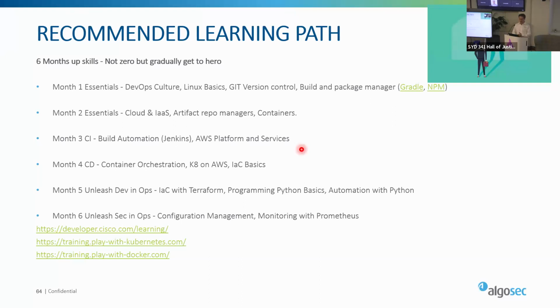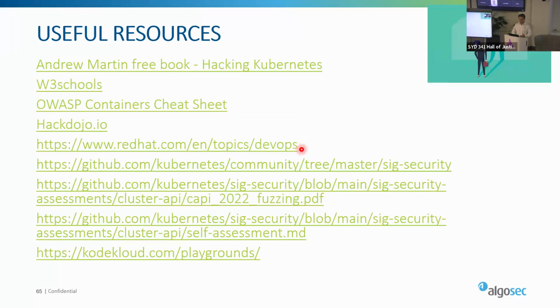I also provide some good resources that I would provide in a PDF file, which can be shared after. There is one really good book that I recommend you download, by Andrew Martin, about hacking Kubernetes. It gives a very good insight into the security risks, what they mean and how to tackle them.